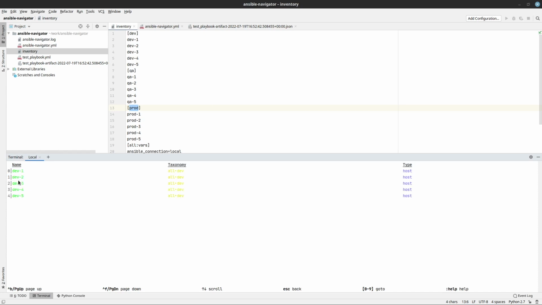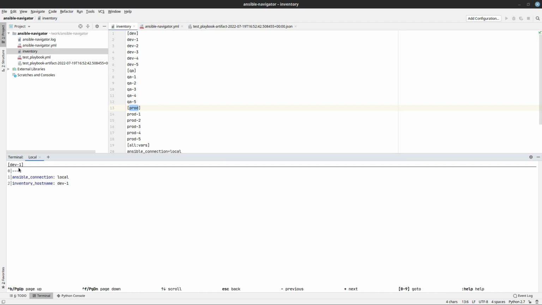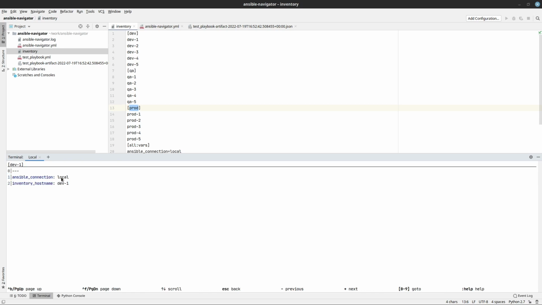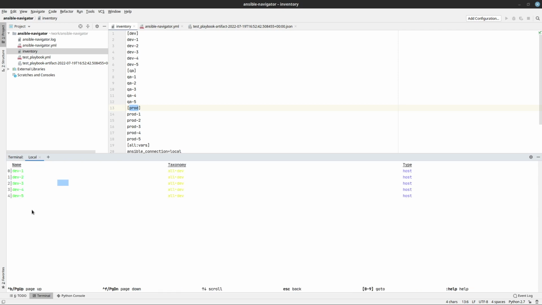So say for example I press 0, it gives me the list of all the hosts that are there in the group. And if I press 0 again, it gives me these are the host vars for this group. So Ansible connection is local and the inventory host name is dev1, of course. So you can actually browse your inventory easily via Ansible Navigator. You can look at your groups, group vars, host vars, and all the different things that you can have in your inventory. So that's the inventory